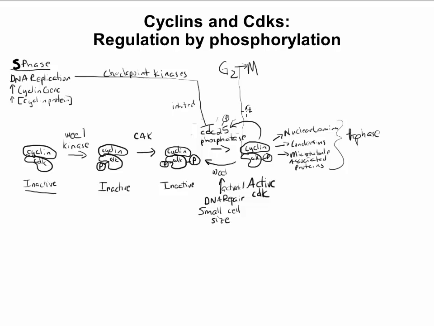So this is an example of a positive feedback loop that we talked about earlier in the semester when we were talking about enzyme regulation, right? So events that the cell wants to initiate quickly and get accomplished quickly are very typically associated with this kind of positive feedback, and this is a good example of that occurring.